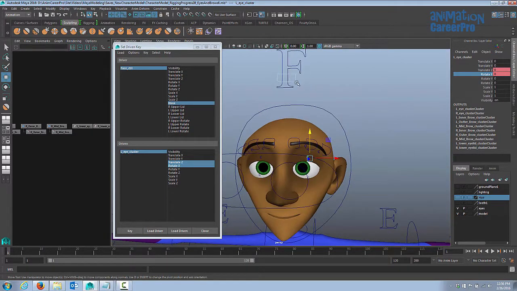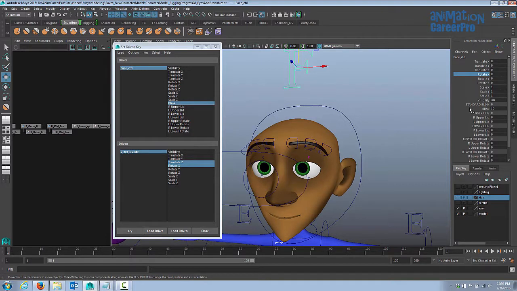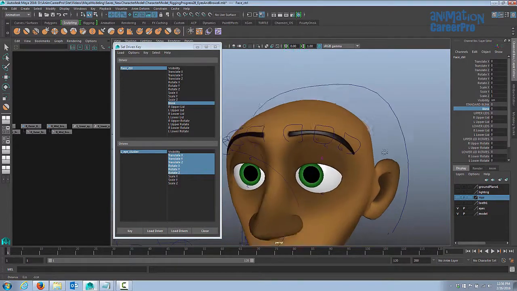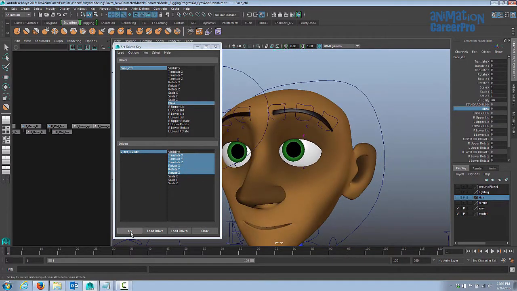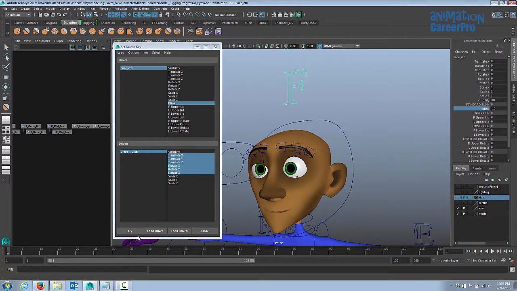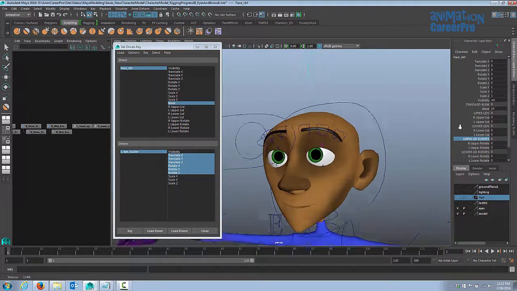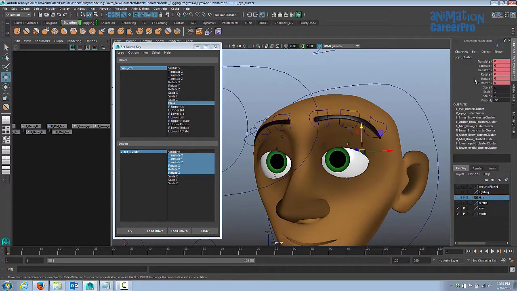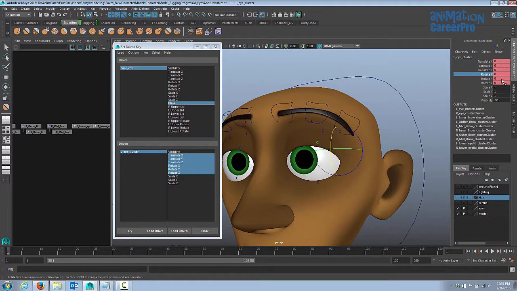Let's go to the face control. And let's set the blink back to 0 again. I'm just going to select all the translates and all the rotates just in case I need to key those as well. So we'll key that. We'll set the blink to -10 again. And let's just make sure we key it again just so we get all the translates and rotates. And now we'll set the blink to 10. So now we can bring the eye closed. You can see all the translates and rotates have a connection, they're keyed there.